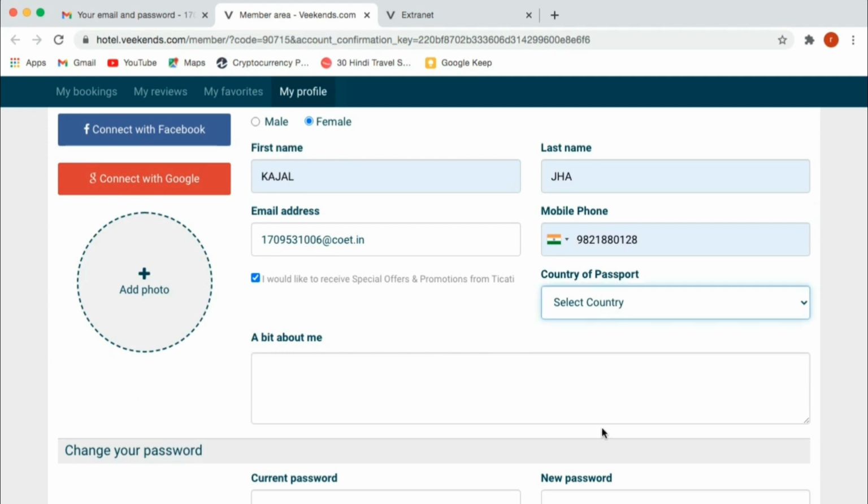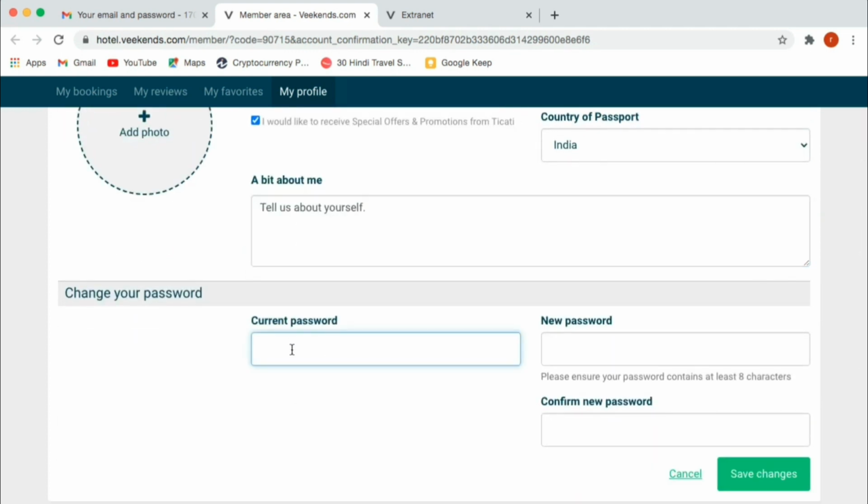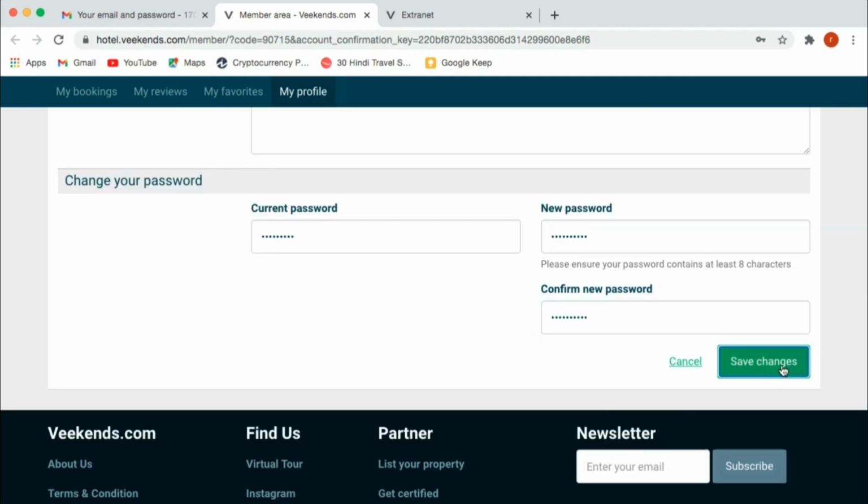After completion of your profile, you have to change your password. After entering the current password and new password, you have to save the changes and then log in again.